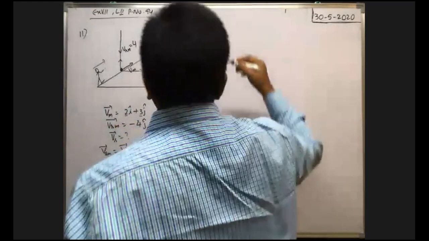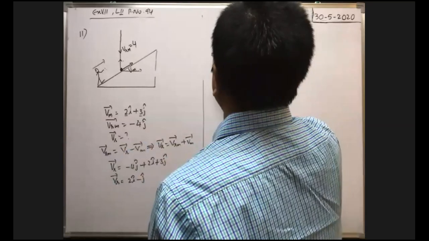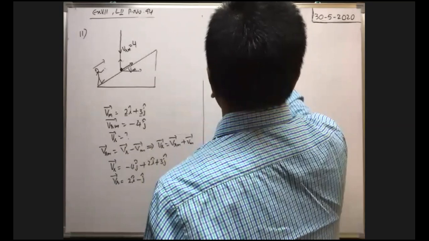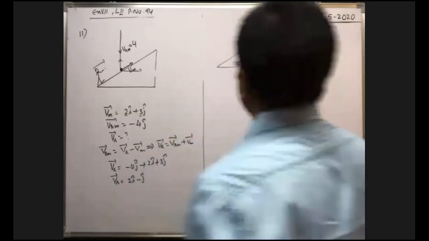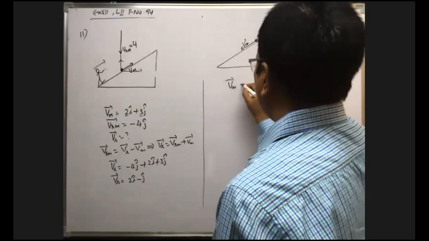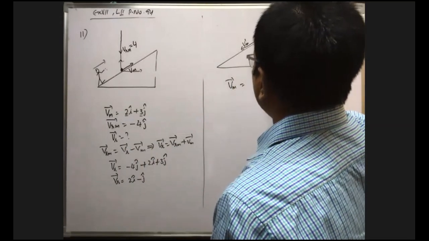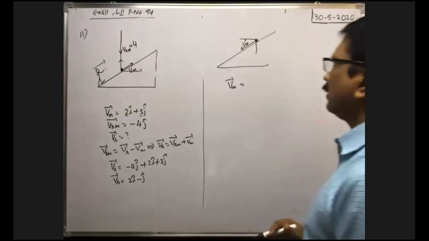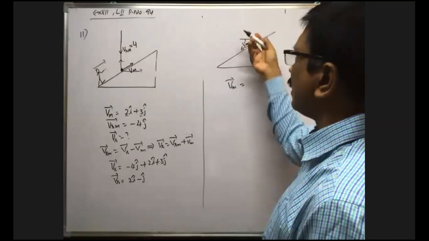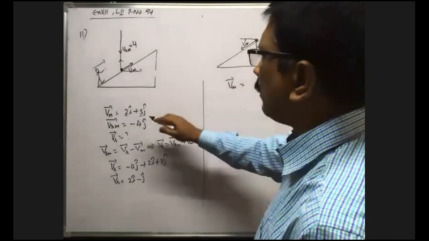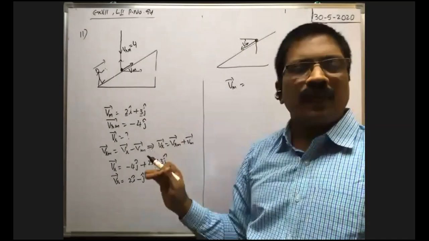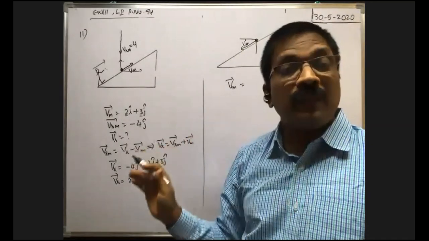When the man is running down on the same inclined surface, in this case, the velocity of the man is now downwards, or you say it is Vm dash. So how can we write Vm dash in vector form? In this case, the vertical component is like this, the horizontal component is like this. That means both are along the negative y-axis and negative x-axis, no? Same components but along the negative direction, because whenever the man runs down the same hill with the same speed,